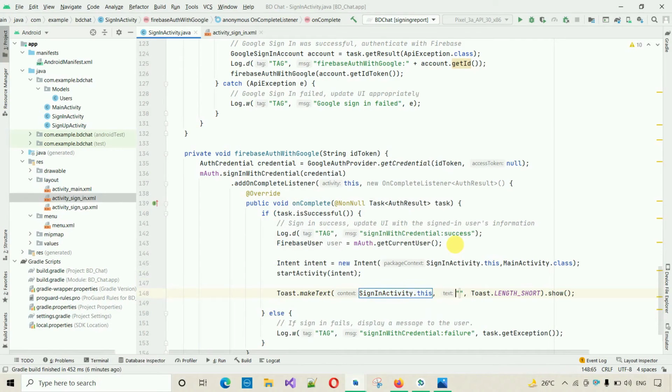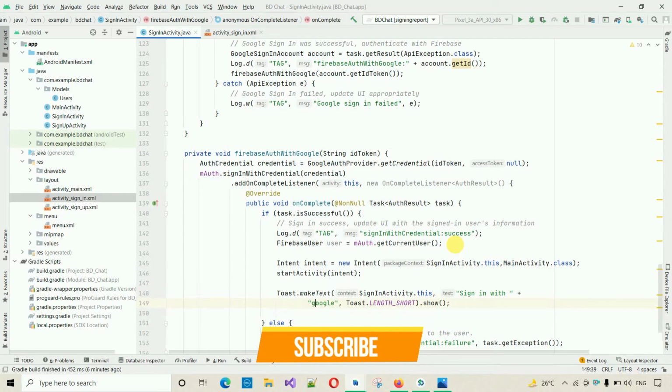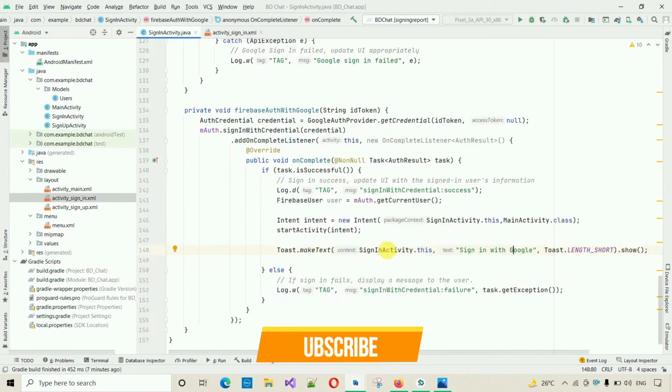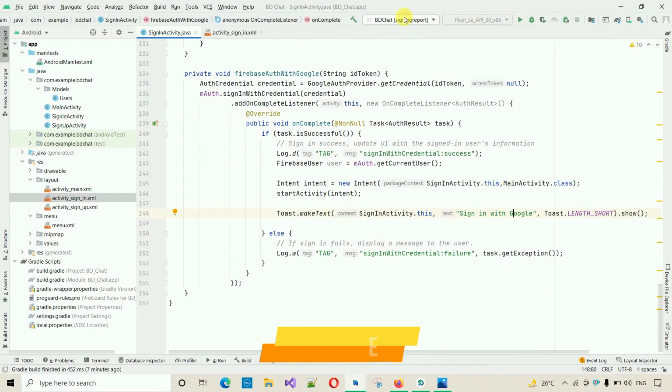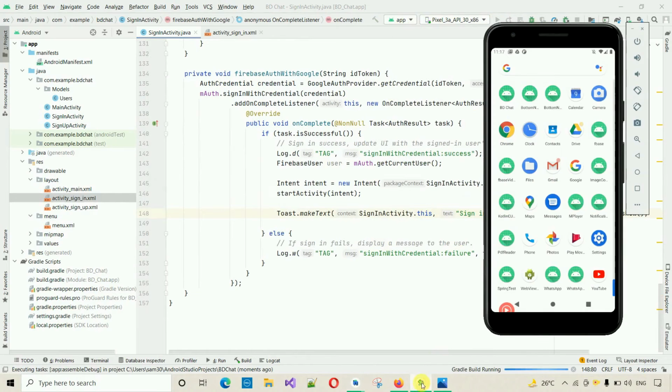So I'm going to show a message, that is sign in with Google. I'm going to just keep this G as capital like this one, and let's check if this one is working or not. So make sure you change this from signing report to app, select this one and just click on start,